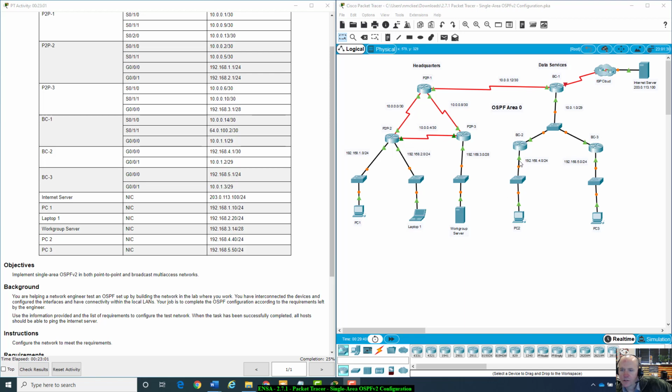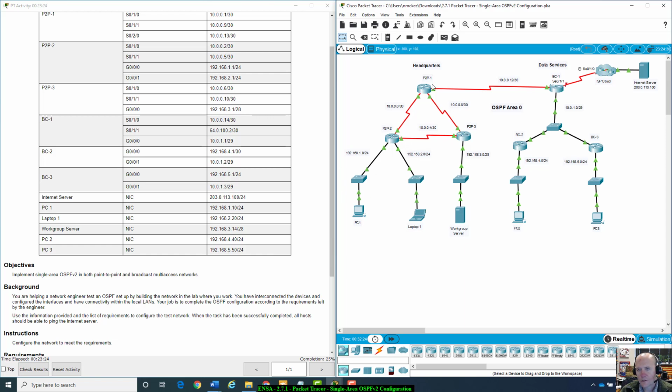See the little orange and red triangles, a little orange now. So I'm going to hit the fast forward time button. Alright. Everything's up except for this interface going out to the cloud, but that's probably not turned on yet, so we won't worry about that right now. But just looking at this, alright, we have